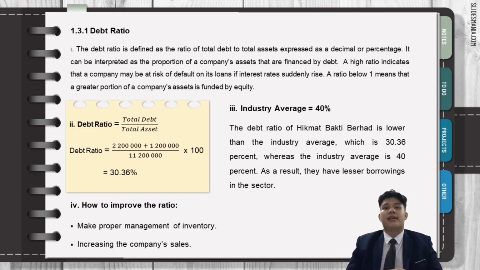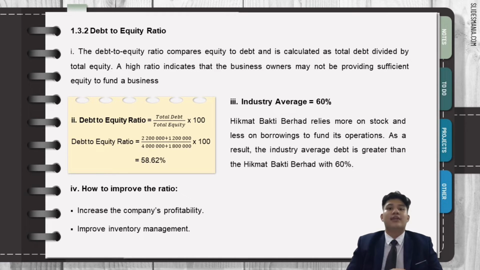As a result, they have lesser borrowings in the sector. To improve debt ratio, companies can make proper management of inventory and increase the company's sales. The second one is debt to equity ratio. The debt to equity ratio compares equity to debt and is calculated as total debt divided by total equity